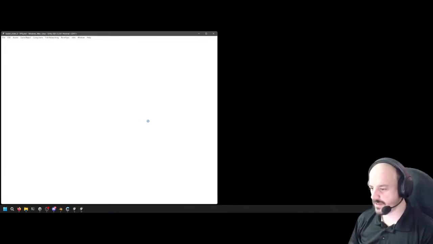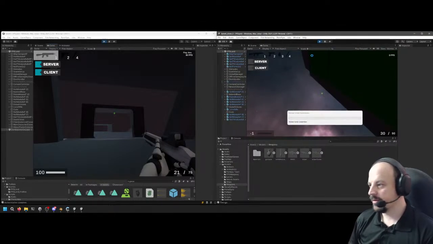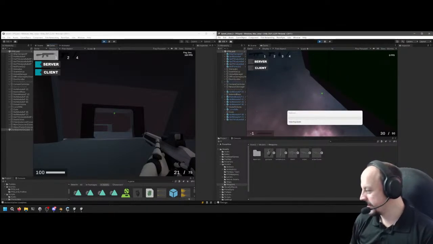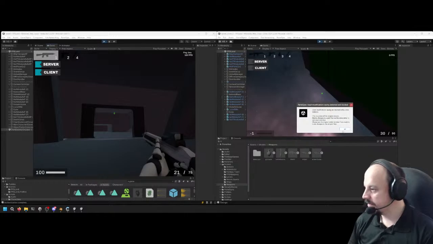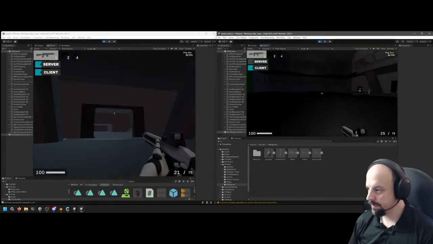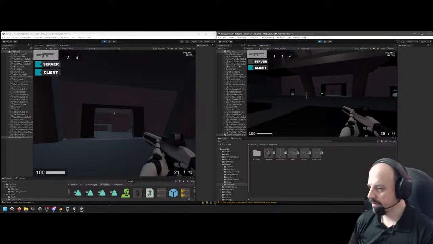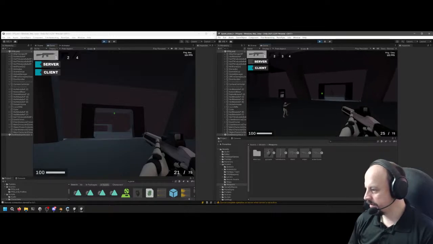This is the default Unity robot, because we don't really care. So yeah. Right, so here, we're going to head over to check this out.